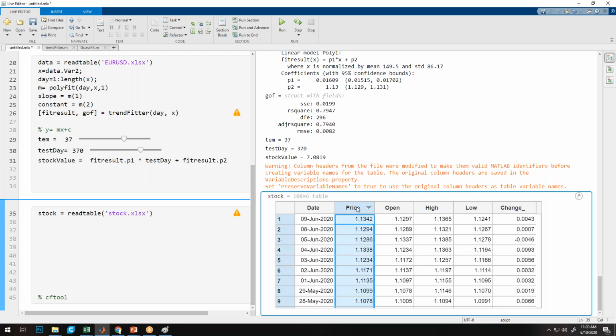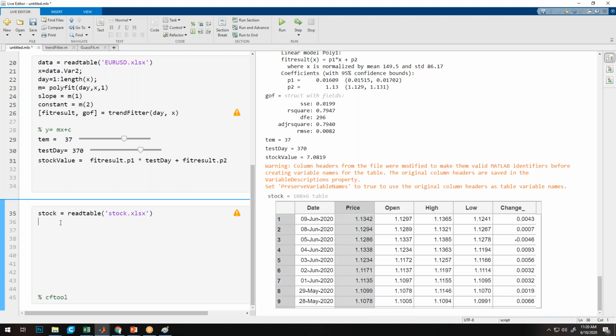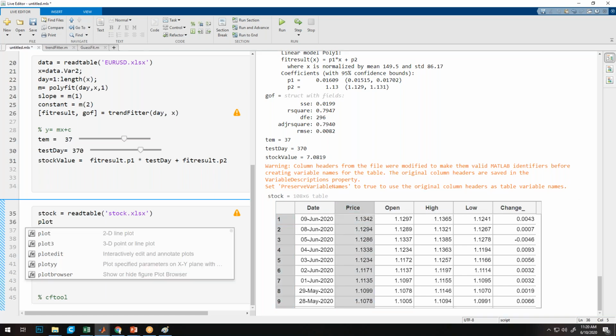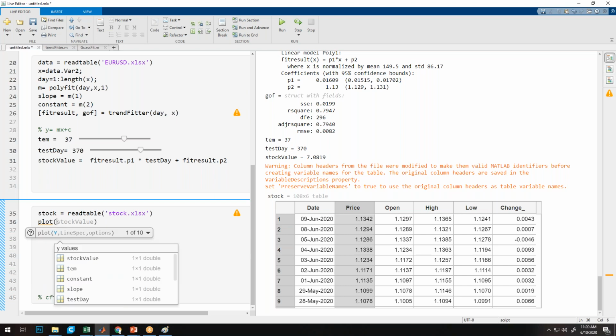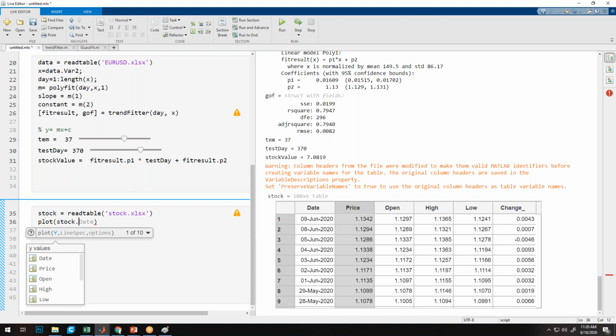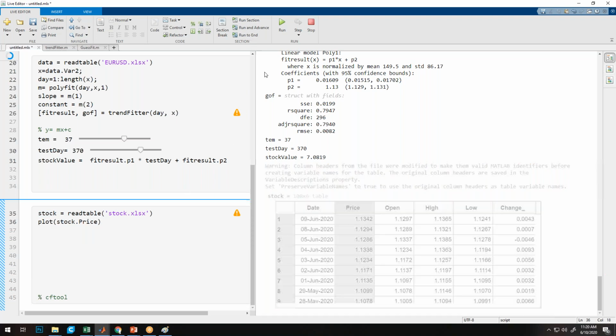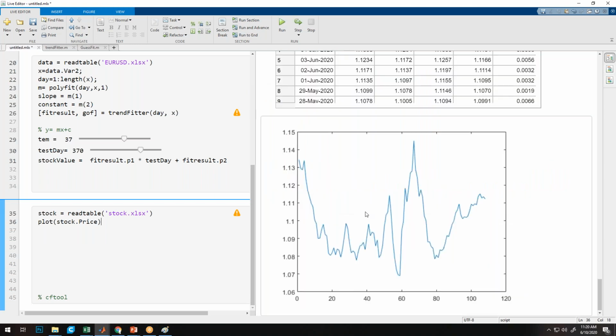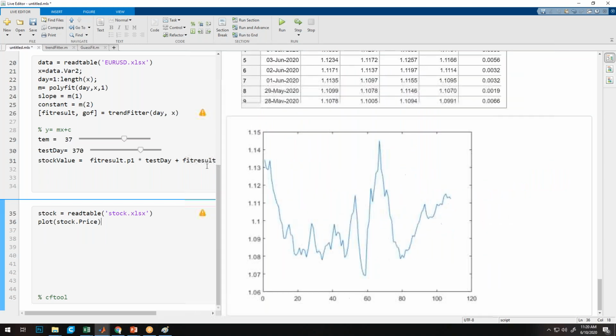How can we directly plot data from a table? By using the table name first, that is stock, and then passing the column name, which is price. This one I want to plot. Okay, so this we can see.